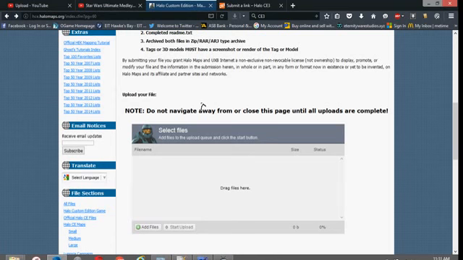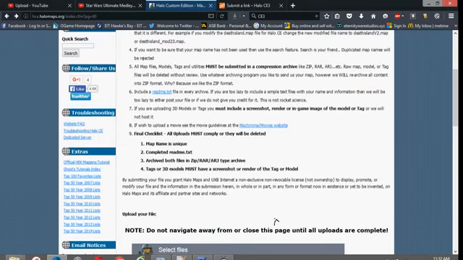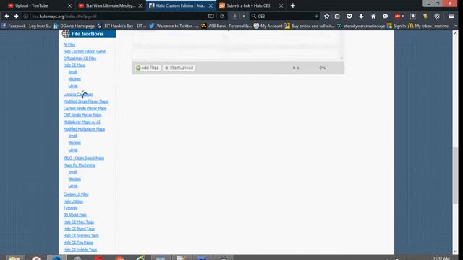You can also submit a screenshot with your map if that's the thumbnail you want to see when looking up maps. To look at other people's maps on this website, simply go it down here and you can see numerous different links and maps. For example,